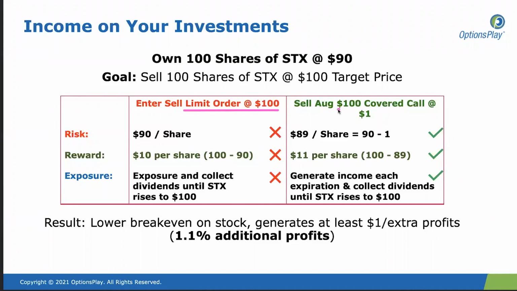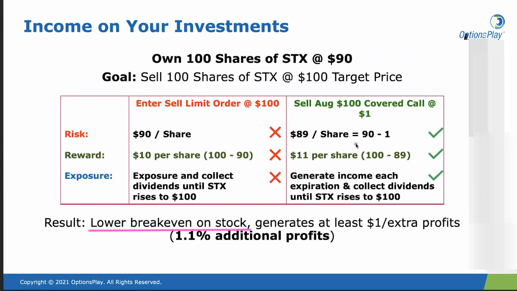As long as the stock does not exceed my target price, I can keep selling covered calls and keep generating the income until the stock reaches my target price and I effectively sell my stock at $100. So that's the difference between a limit order and a covered call. The result here is that I'm going to have a lower break-even on the stock price,